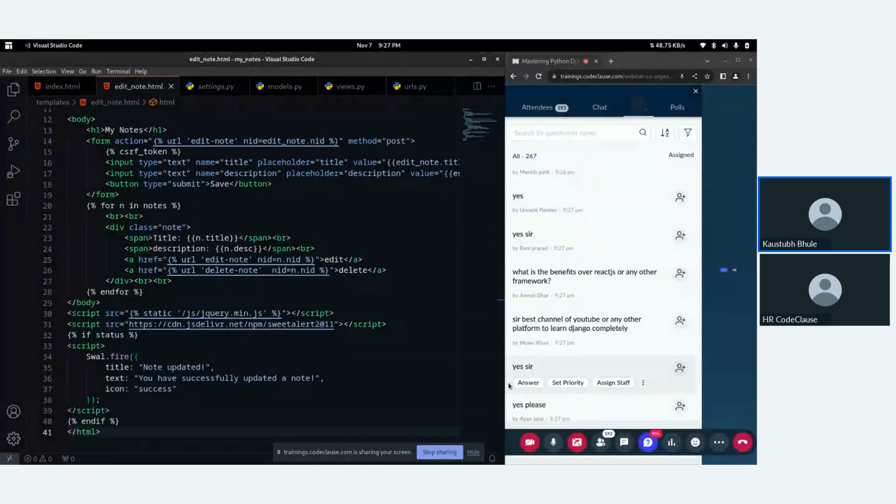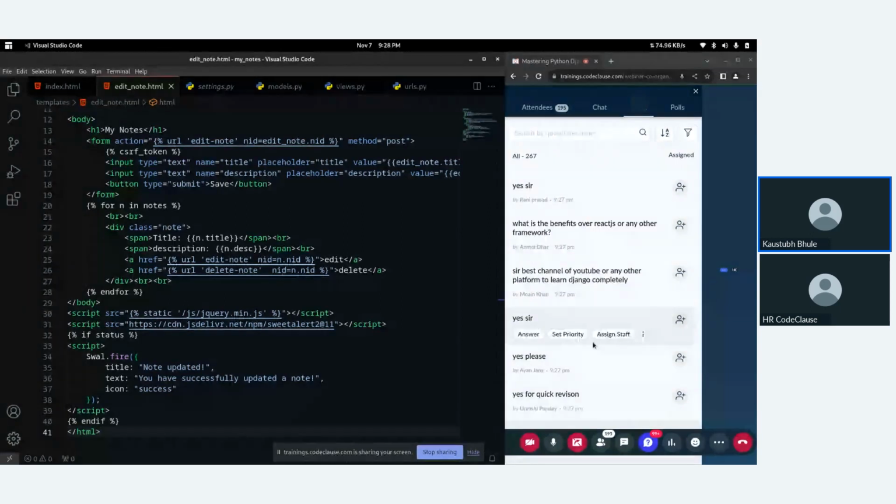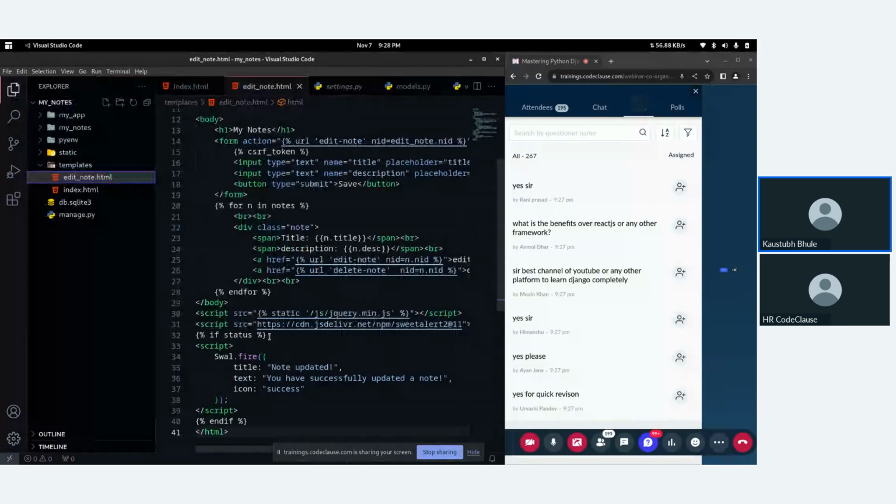For example, a single concept which I can explain in Hindi in 5 to 10 minutes, he will take 20 to 25 minutes to explain. So if you have more time, you can definitely follow Code with Harry. Otherwise, I guess Free Code Camp also has a video on Django. You can also check that one for quick revision. Okay, for quick revision, fine.